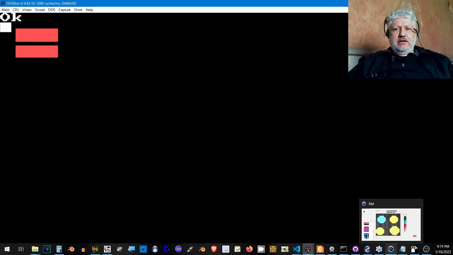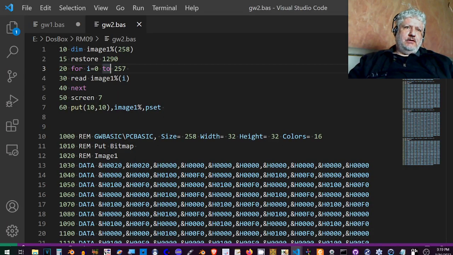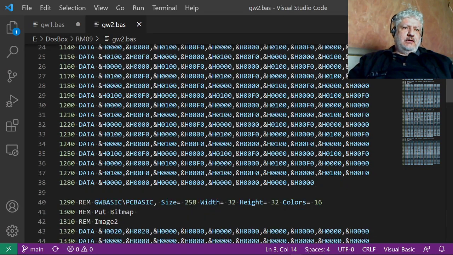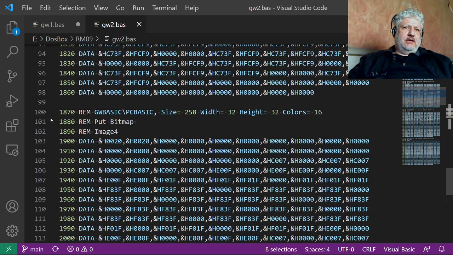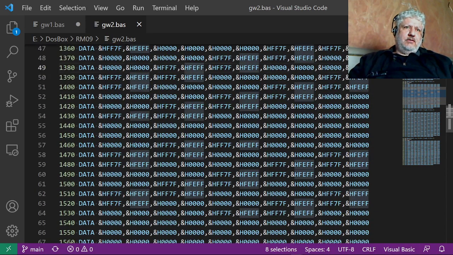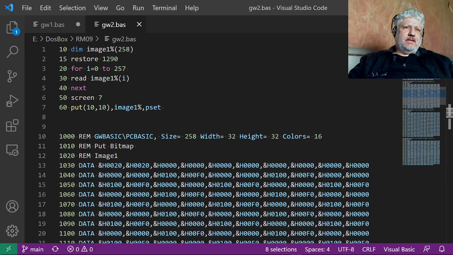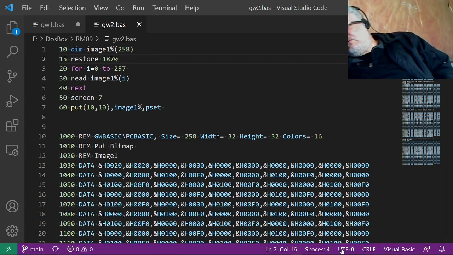And if we jump into the code here, that starts off at 1870. So we can just change this here to 1870, resave, and go back to